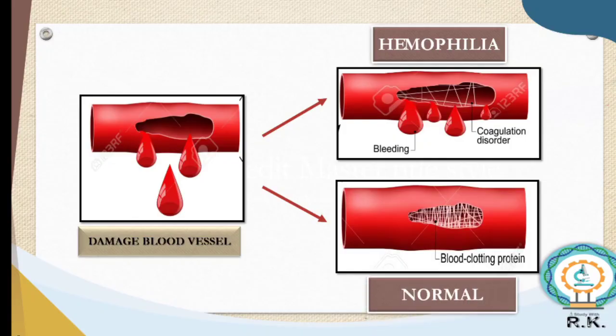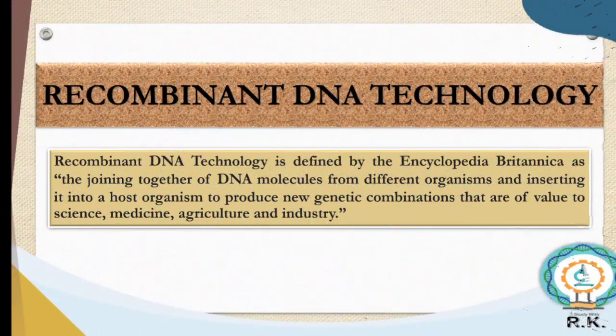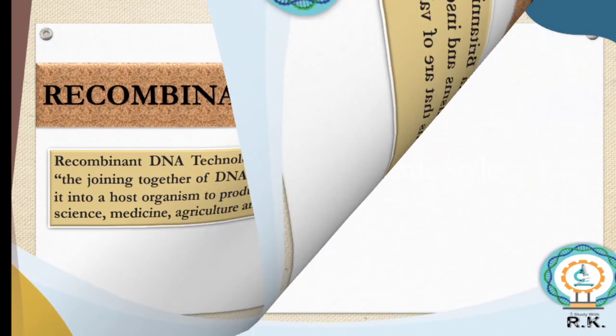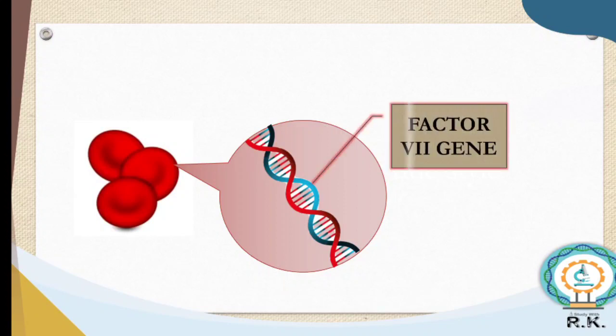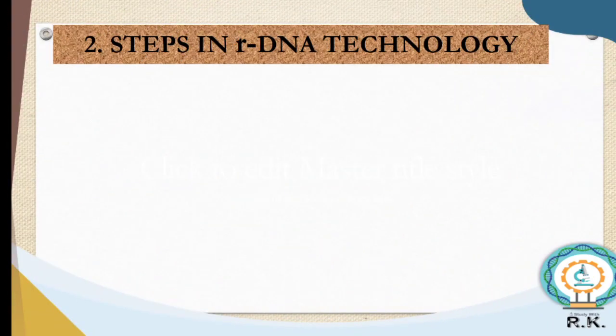The answer is recombinant DNA technology, which refers to series of procedures used to join together DNA segments from different species. And you will see that two DNA segments we combine later on. In treating Sanya's cases of hemophilia, we are going to use recombinant DNA technology to produce a bunch of clotting factors, and this is done by taking the factor 7 gene and having it replicate inside the bacteria. We do this using plasmid vector. Let's see the steps of rDNA technology.